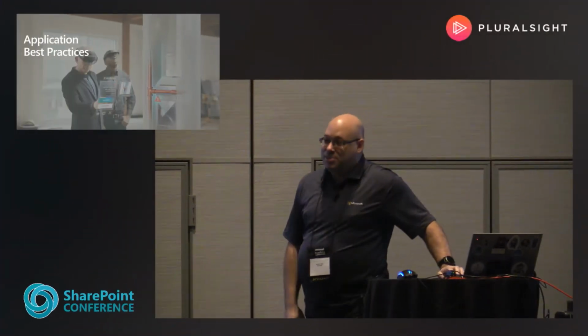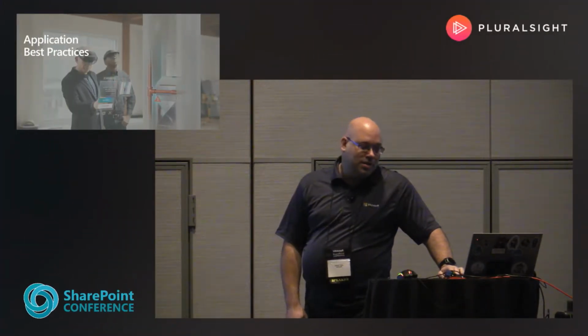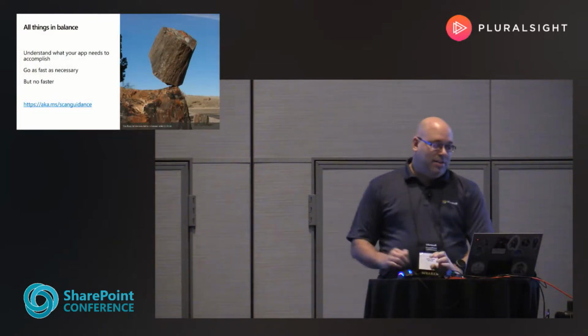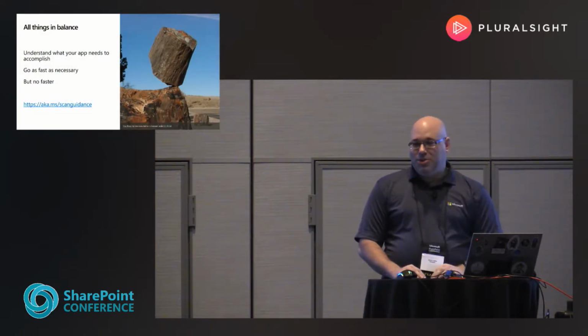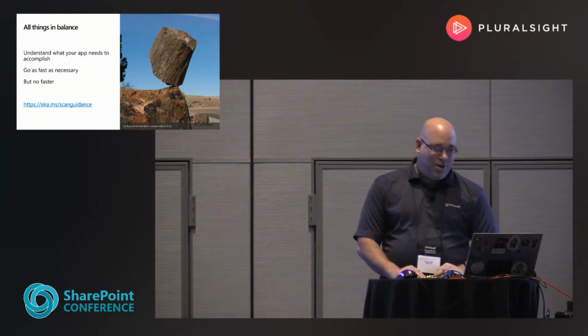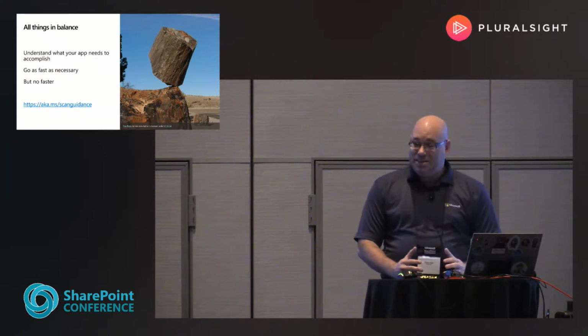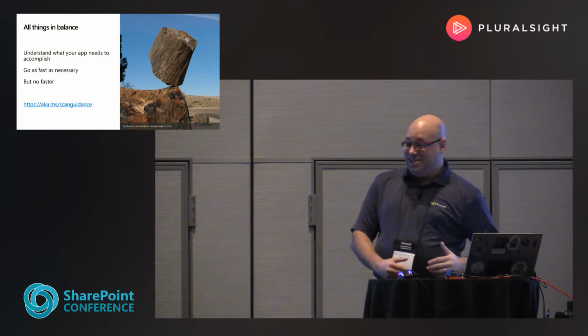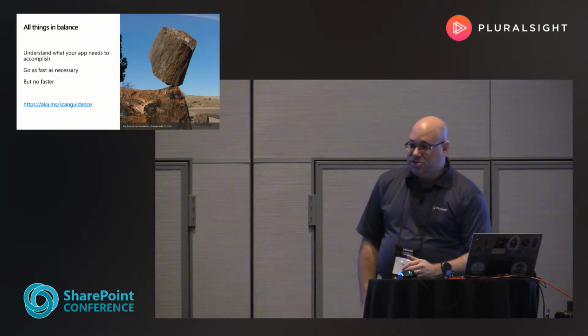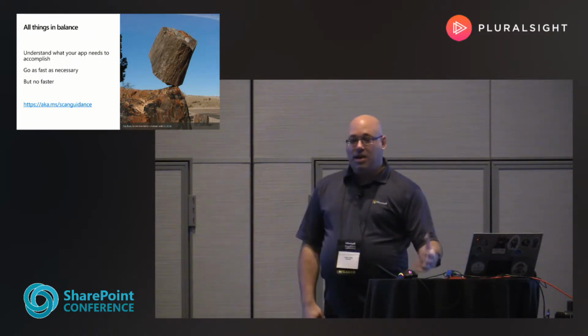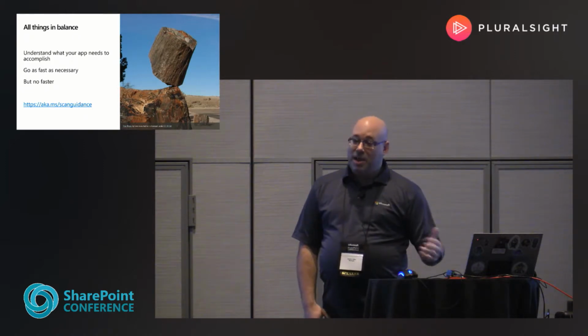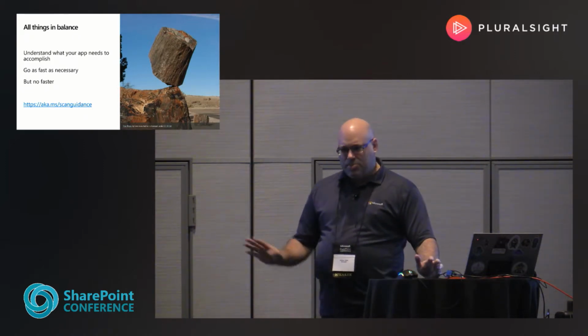So let's talk about building good apps and things you should keep in mind as you do that. It's important to think about balance in your app. Know what your app actually needs and don't request things that it doesn't. Oftentimes that means enumerating or expanding objects that don't come back by default from our API queries. And this applies